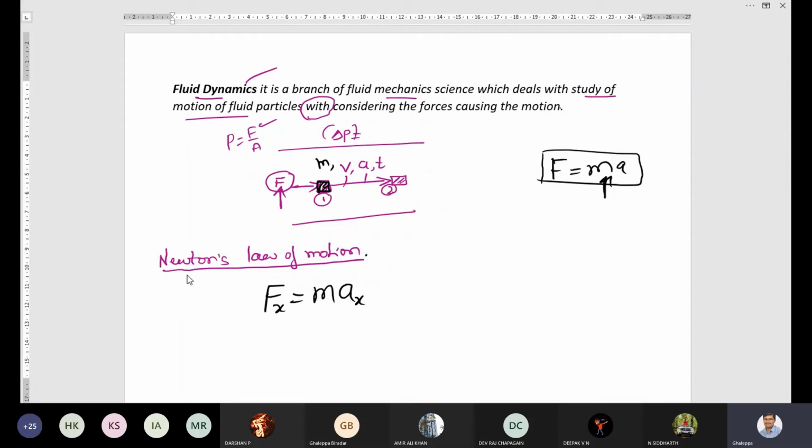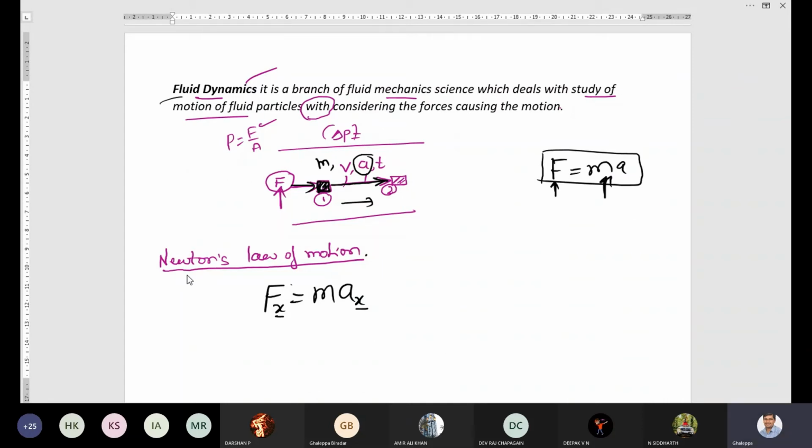You remember in the fluid kinematics numericals, we had not considered the m term. There was no mass considered. M is also considered in fluid dynamics. So m is the mass of the fluid element. When you apply some force F on the fluid particle, because of this force, the fluid element will undergo some change of velocity. The change of velocity is called acceleration. Which direction is it moving? It is moving in the x direction, so I have taken x and acceleration along the x direction.